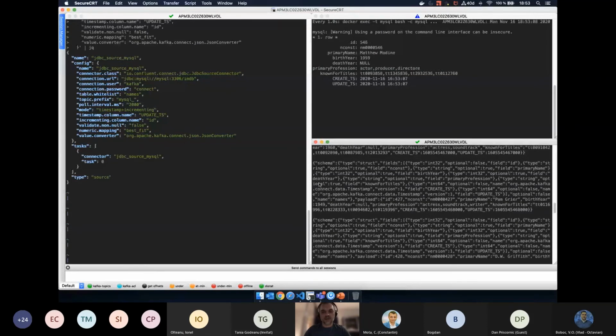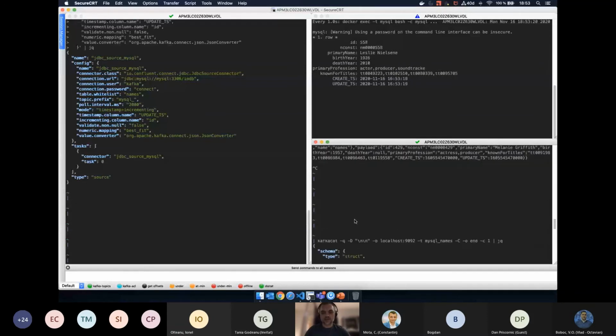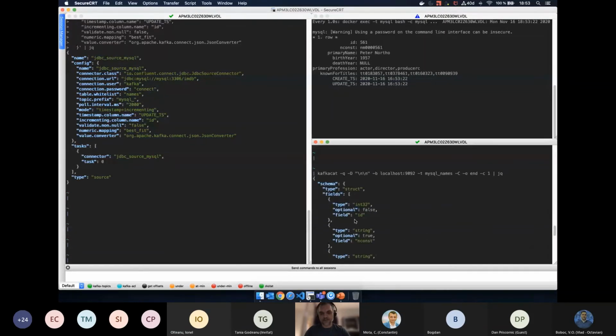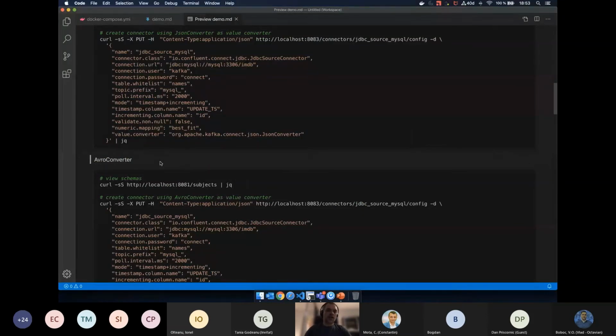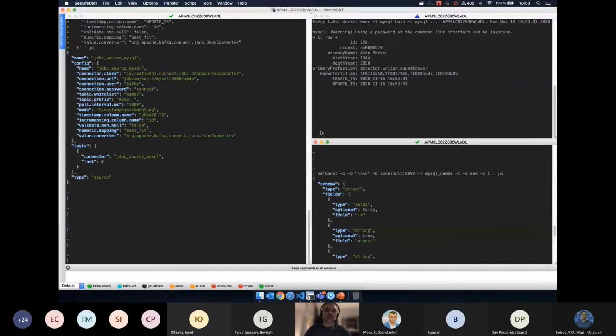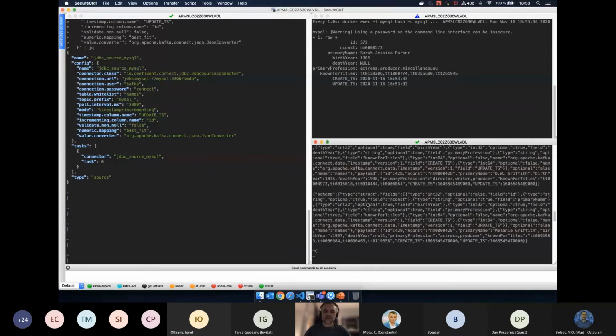That overhead could be quite large if, for example, we are sending tens of thousands of messages per second into Kafka. This has an impact on networking, as well as on the disk storage in our Kafka brokers. And also we would need to find a way to version our schemas, because these schemas might be used by different teams, and it would be nice to have these schemas versioned somewhere.